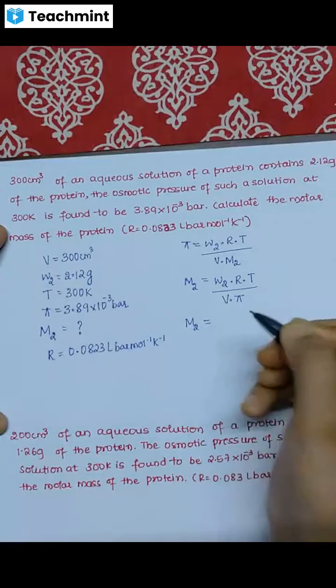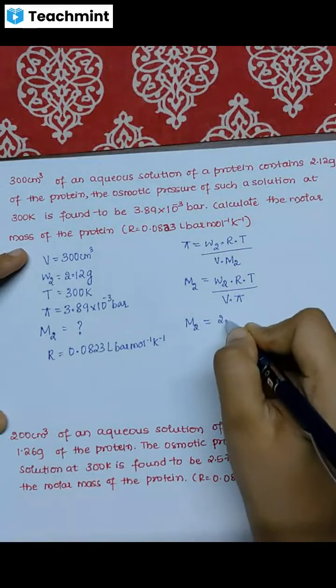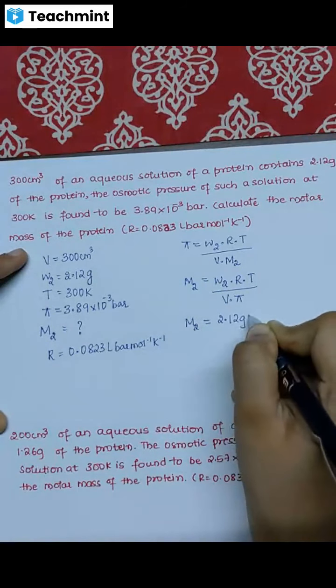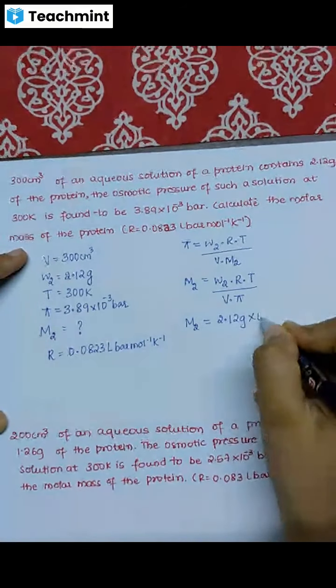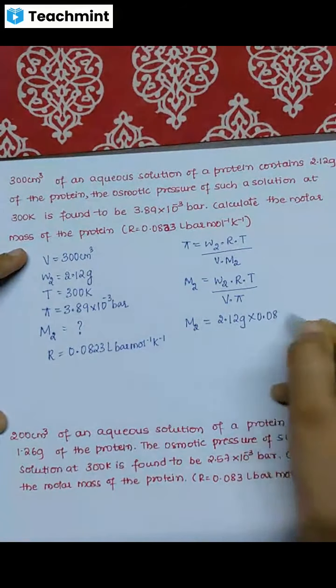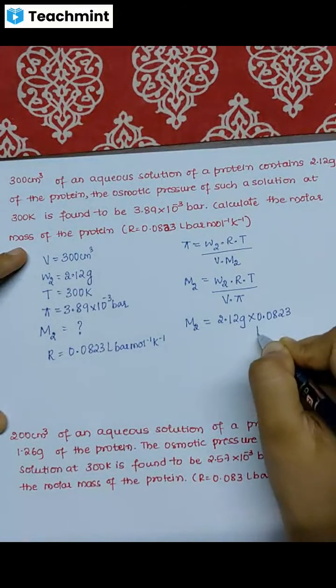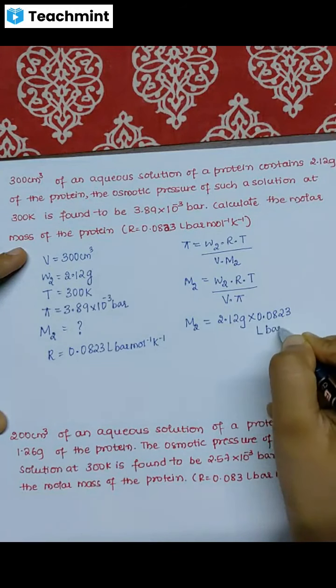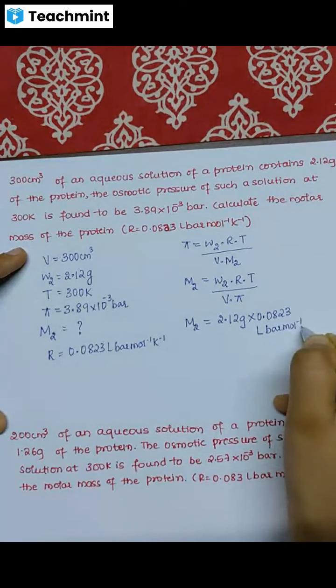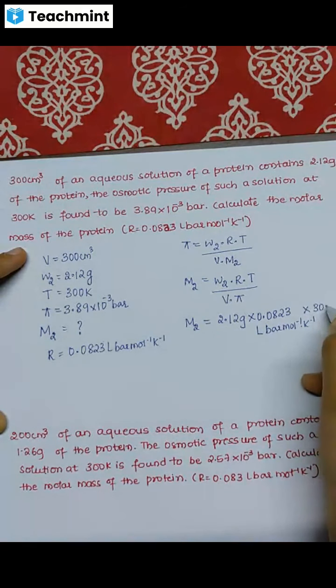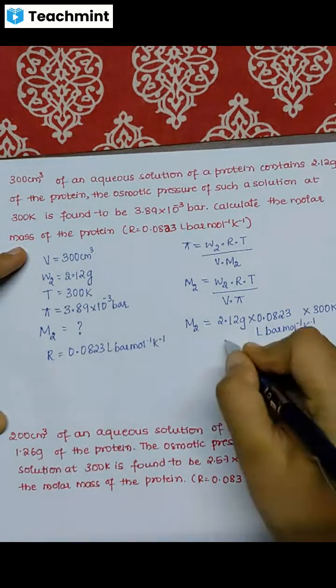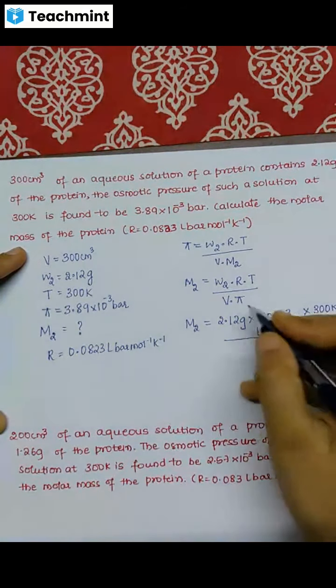M2 equal to W2 value is 2.12 gram into R value is 0.0823, the unit given is liter bar per mole per Kelvin, into temperature is 300 Kelvin divided by volume of